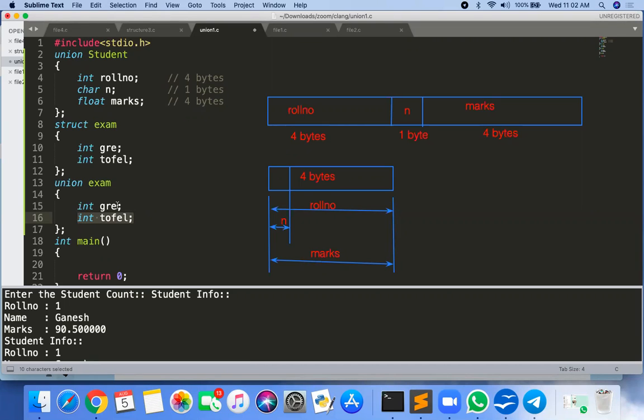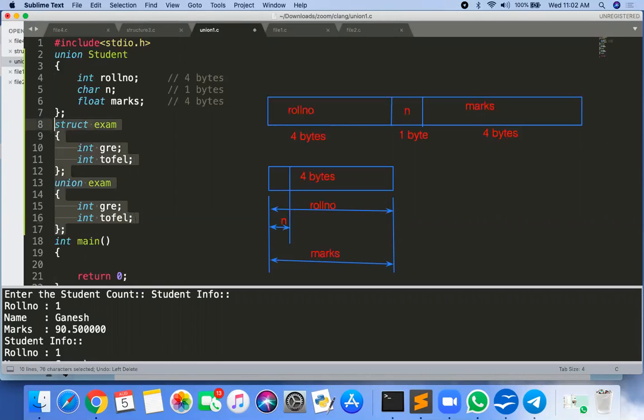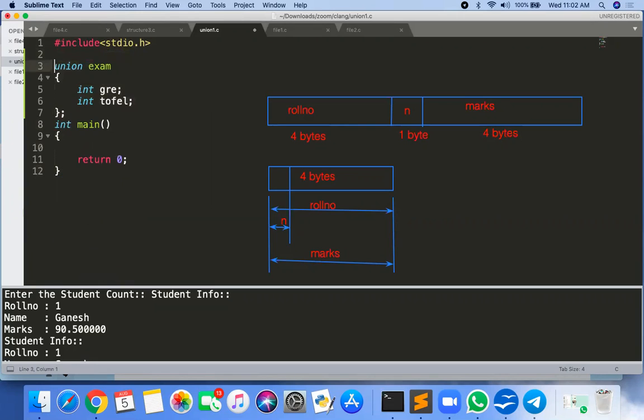So if you have more than one data item, but out of that you are going to store only a single one inside your object, then always use union there. Suppose now in union, I enter for GRE, and then I want to access and delete that, and TOEFL. I can keep re-entering however many times, but one at a time. Yes.